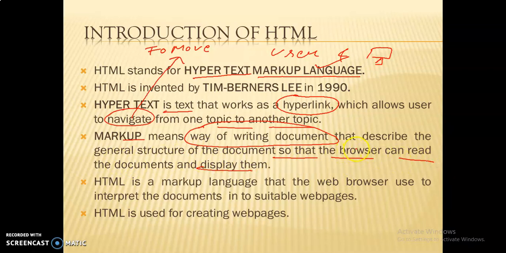Here the browsers like Google Chrome, Internet Explorer, Mozilla Firefox interpret the document into suitable web pages.